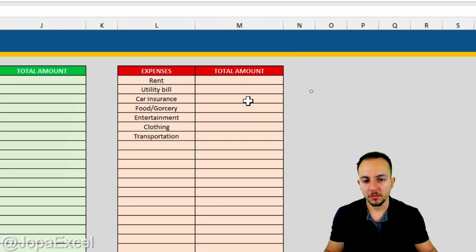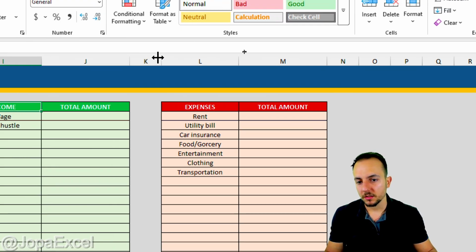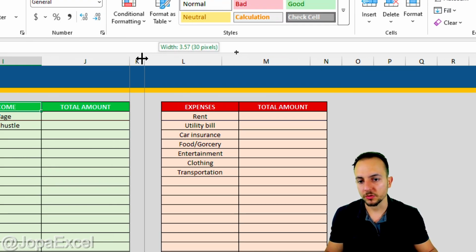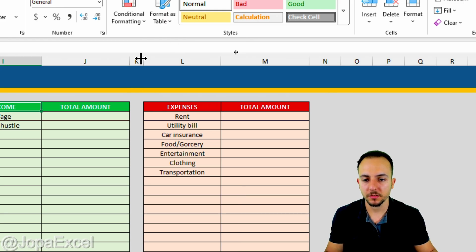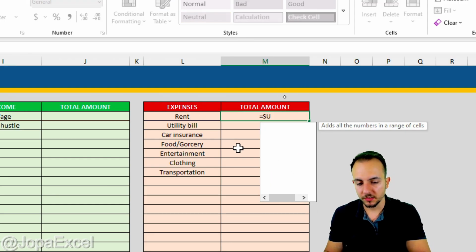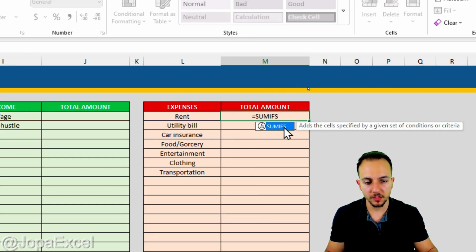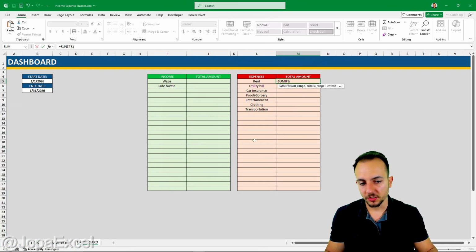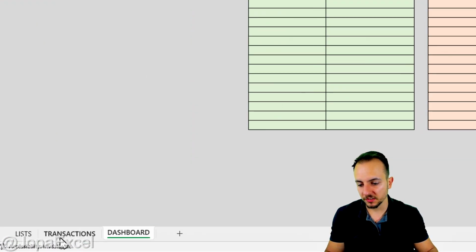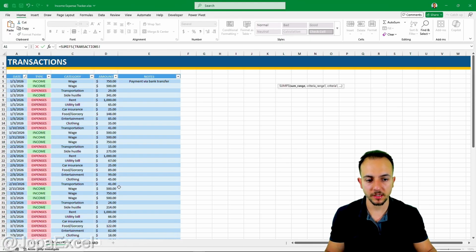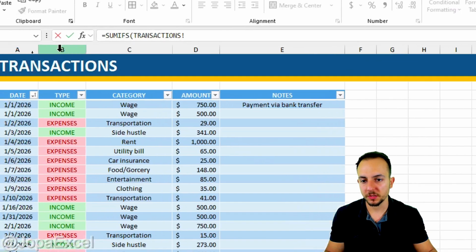But why? Because expenses has more items. Let me click in this column K, hold and drag to the left, just to make sure we can shrink a little bit. Total amount is going to be equal sign, Sumifs, double click, 1, 2. The sum range is going to be here in the transactions section, let's say. And sum range specifically is going to be column D,